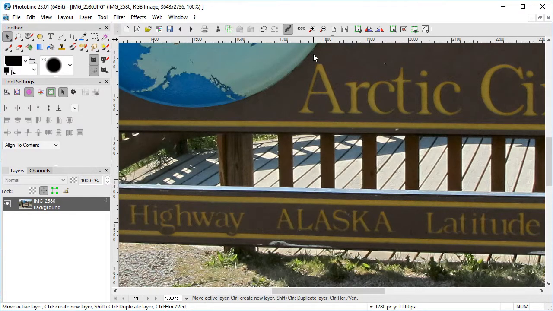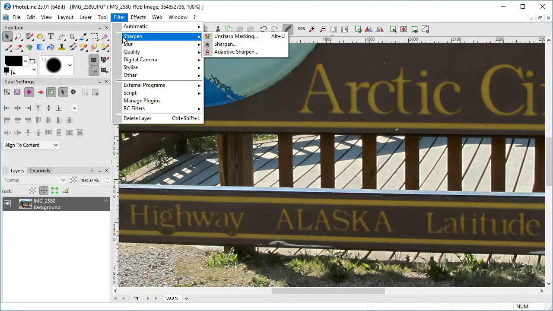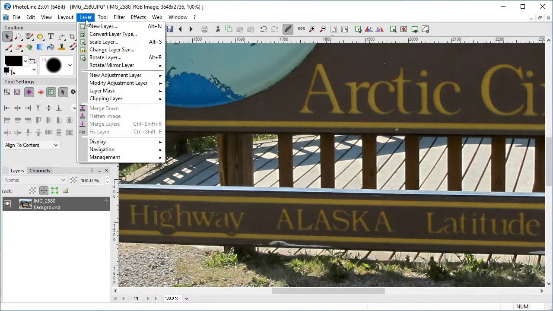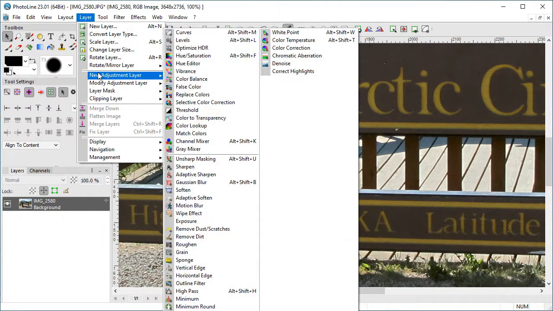All digital images require capture sharpening. A certain amount of this may be performed automatically by the camera or during RAW conversion. The sharpening tool we will use in PhotoLine is unsharp masking. It may be accessed via Filter, Sharpen, Unsharp Masking, or as an adjustment layer via Layer, New Adjustment Layer, Unsharp